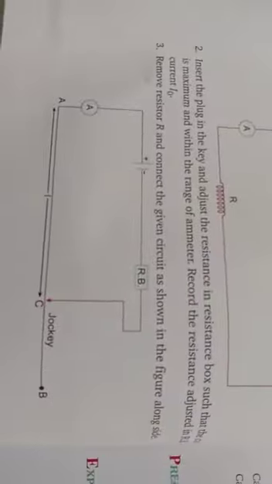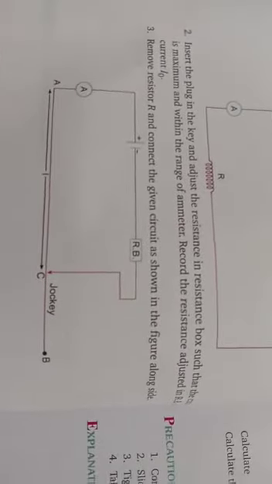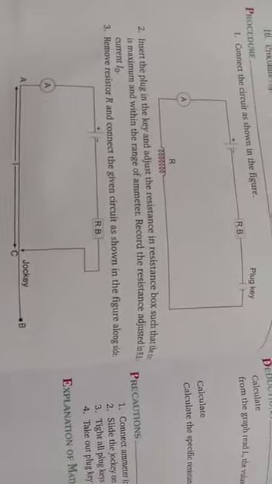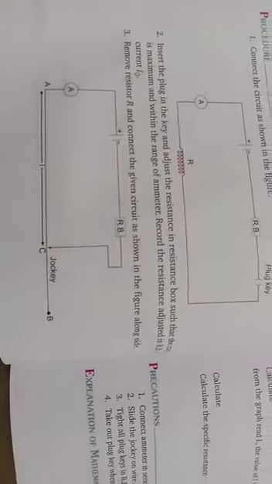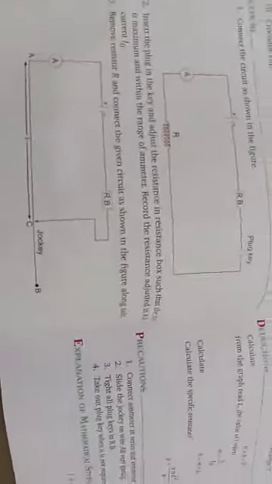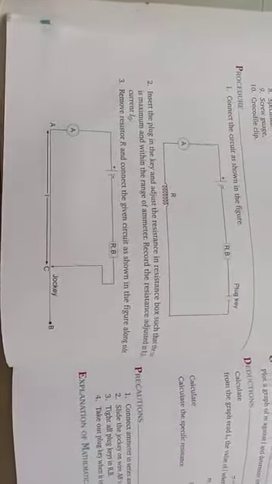Next we have to prepare the next circuit. This is the next circuit, removing the coil resistor and keeping the same resistance as we found out. For example, here it is 0.1 ohm resistance. So in the circuit you have to take the resistance R is equal to 0.1 ohm only.